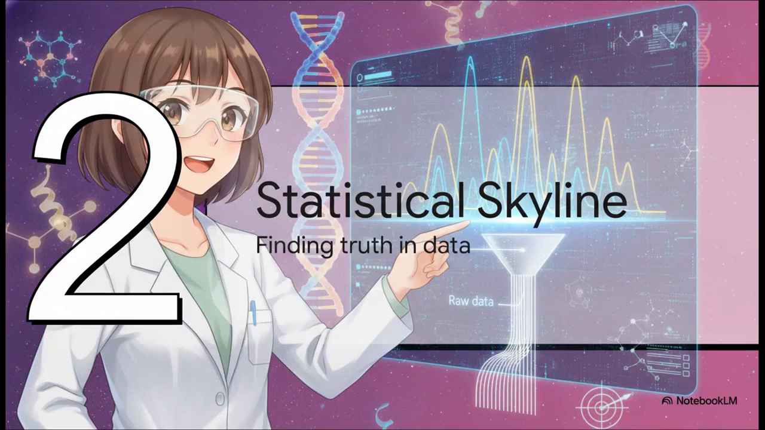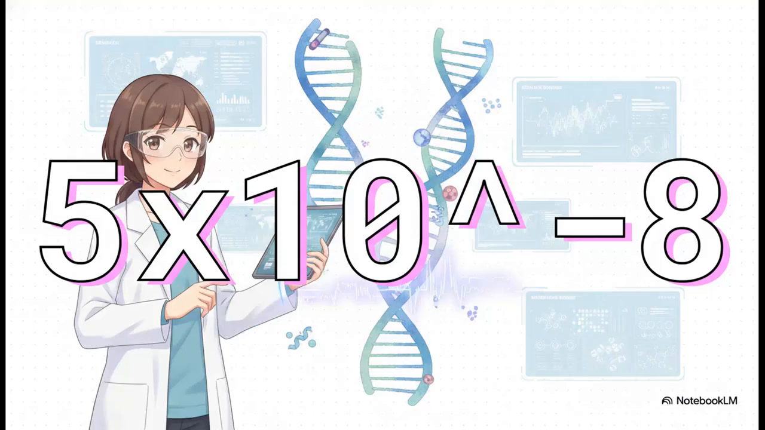Moving right along to Section 2, visualizing the statistical skyline, finding the truth in the data. You know, in genomics, you can't just be pretty sure. You have to be absolutely mathematically certain. Because we're running millions of tests at once across the genome, the chance of finding a false positive is huge. So to prove that our genetic findings are actually real, my lab strictly adheres to this extreme statistical threshold,